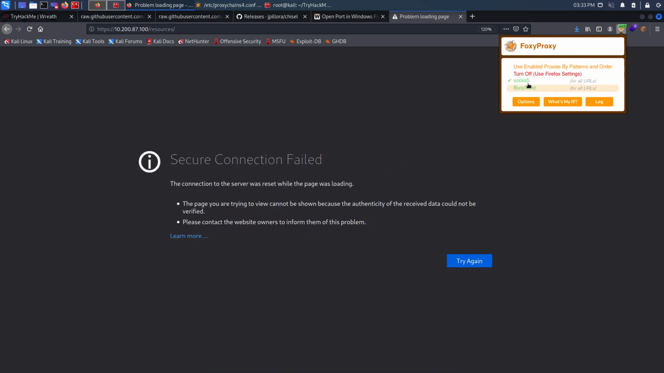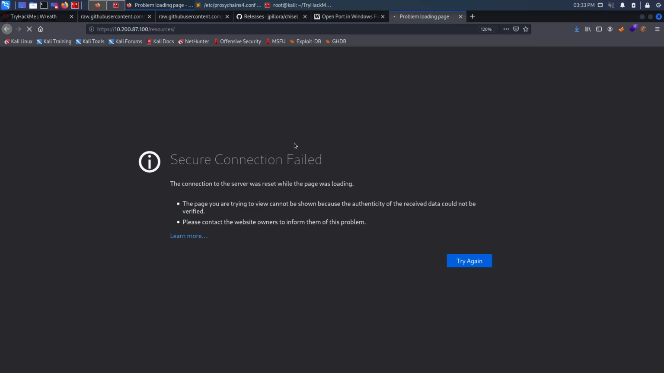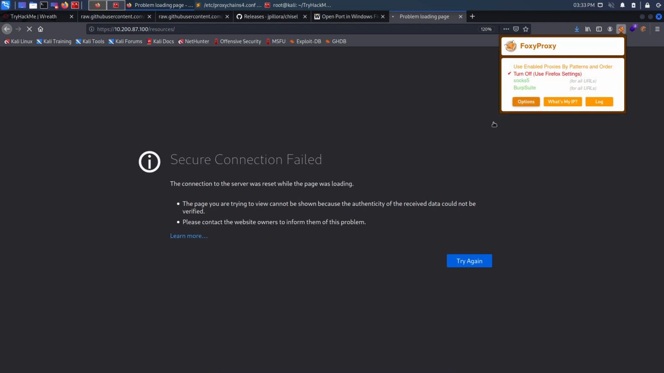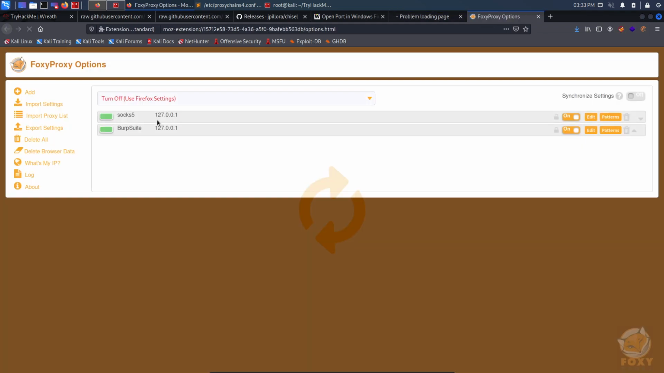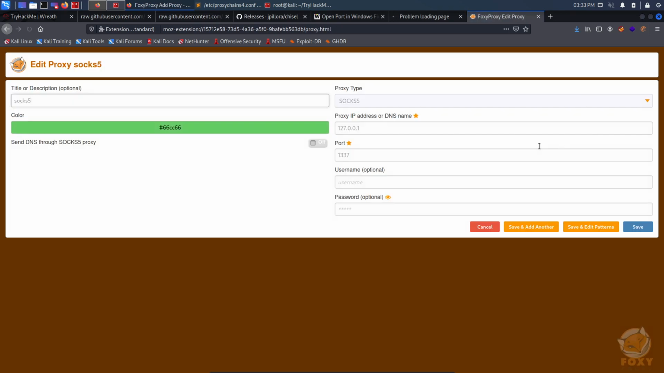If I turn that off, I think that will not work, but let's see. 10 287 100 resources, or let me check my SOCKS 5 proxy. So if I edit this one, yeah, okay, so I am having a wrong port right here. The port should be the same, 1080. So click on save now,